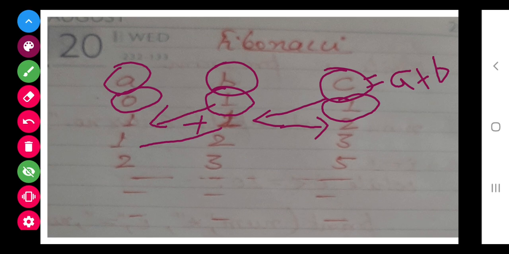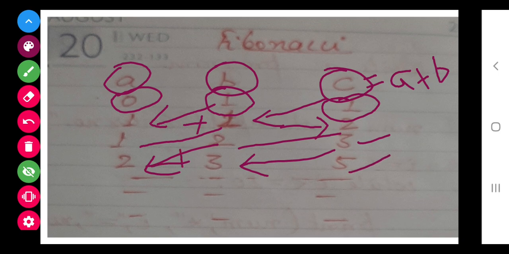Again the value of b will be given to a, the value of c will be given to b, and 1 plus 2 is equal to 3. Again the value of b is given to a, and the value of c is given to b. 2 plus 3 equals 5. It will go on till the value of c is smaller than 100.